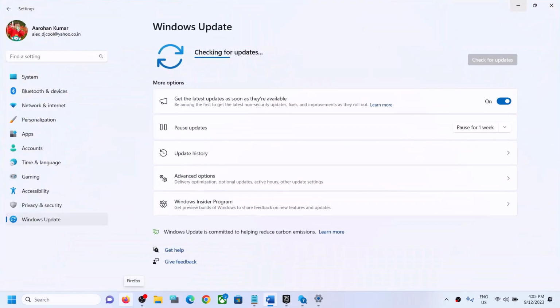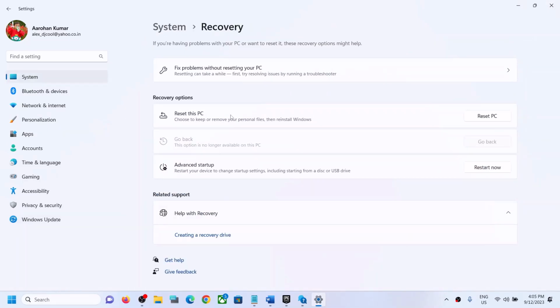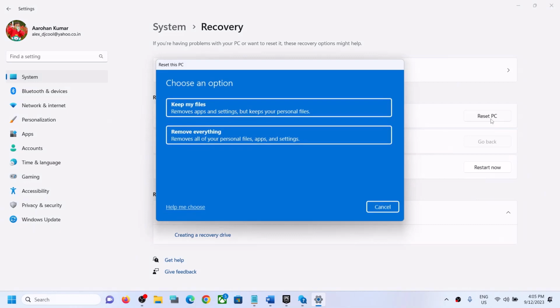To reset, open Windows settings and then go to Windows update, then click on advanced options and then go to recovery, and over here you can see reset this PC. Click on reset PC, and then over here you can see two options. One is keep my files. It will remove applications and settings, but it will keep your personal files. And remove everything will remove all your personal files, applications and settings. So you can select the option which you want